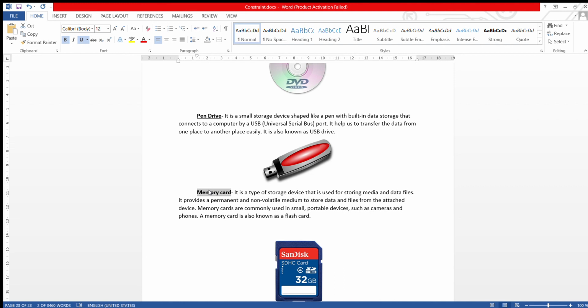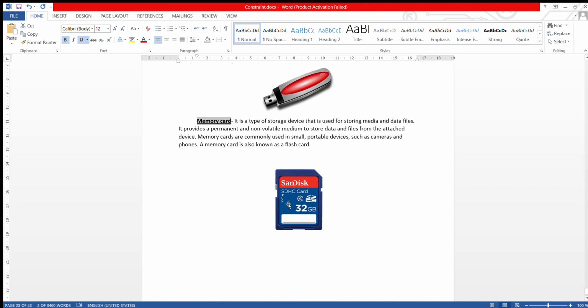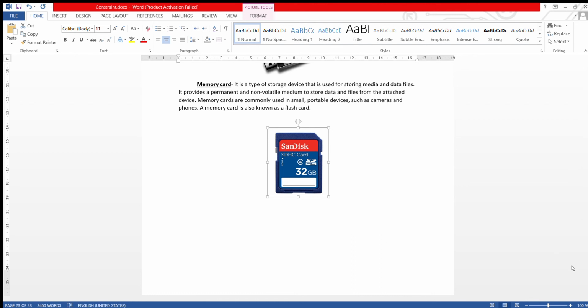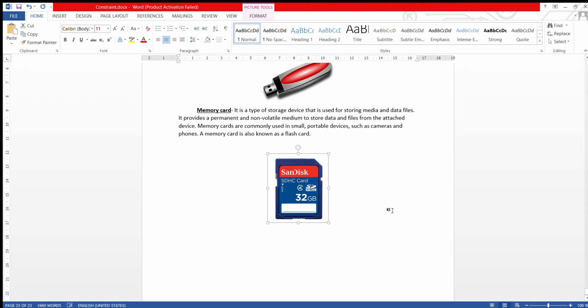Like in digital cameras, we are using memory cards for storing our photos. In mobile phones, we are using memory cards for storing our data, our programs or our media files, sound files. So for that purpose, we will use memory card. So these are the examples of your secondary memory.